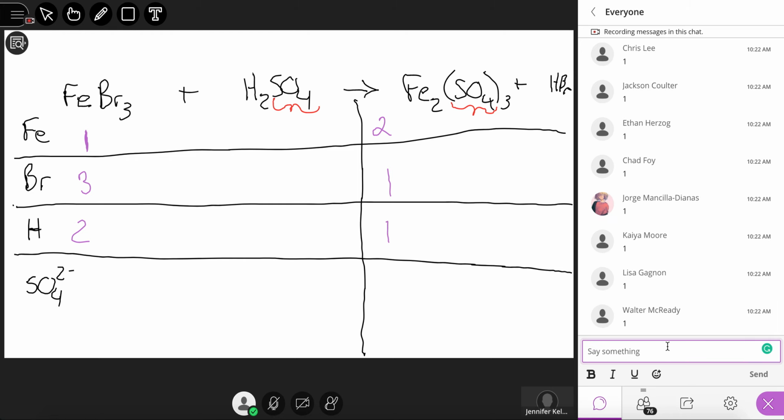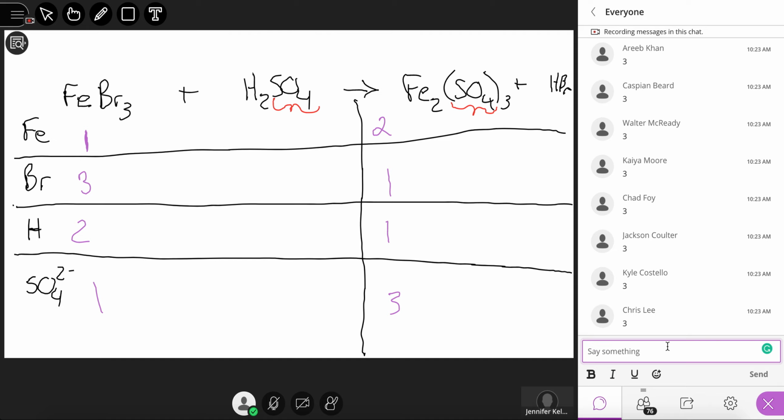And how many sulfate on the left? 1. And how many on the right? 3. Good. So let's balance it. There's not a particular order that you have to balance it in, unless you're doing hydrocarbon